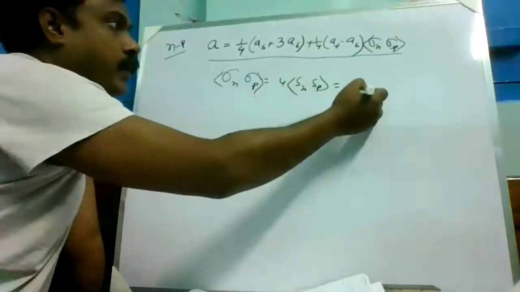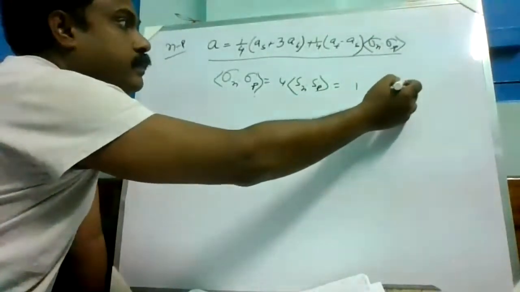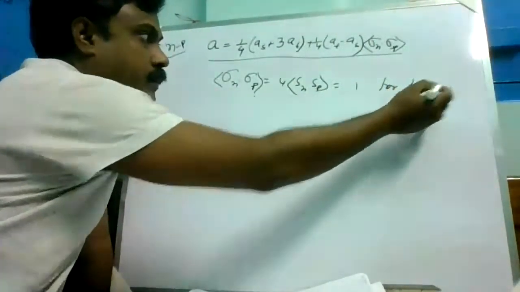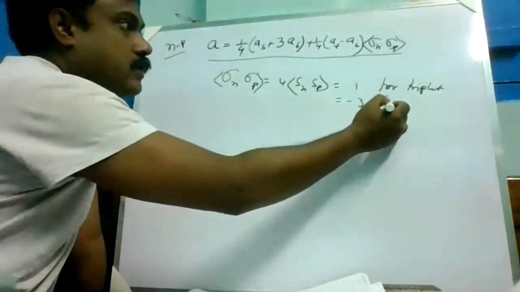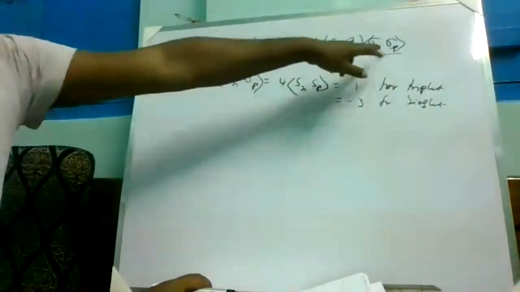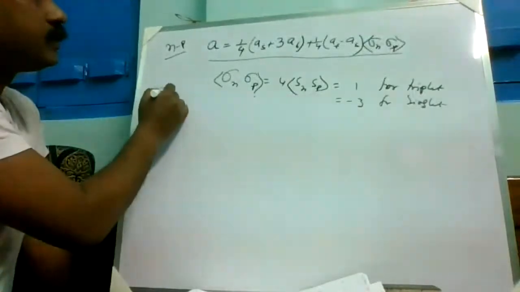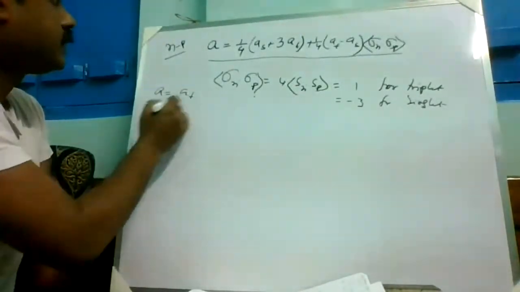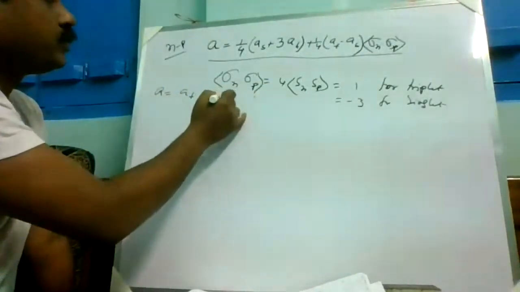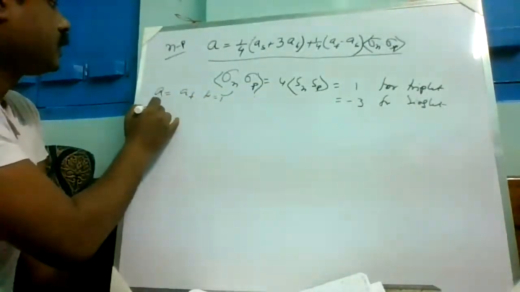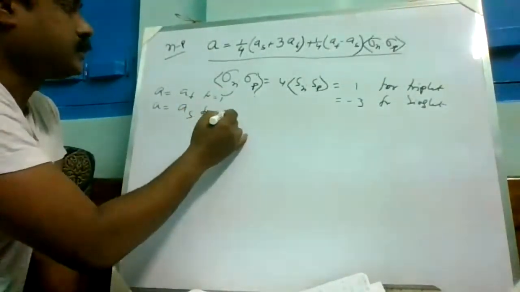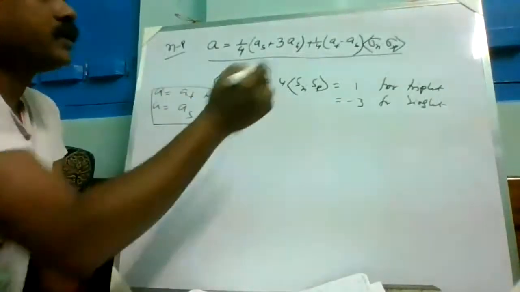which equals 1 for triplet and equals -3 for singlet, right? If you put this equal to 1 here, then A will be equal to AT for this equal to 1, and A will be equal to AS for this equal to -3, as expected. So this is the